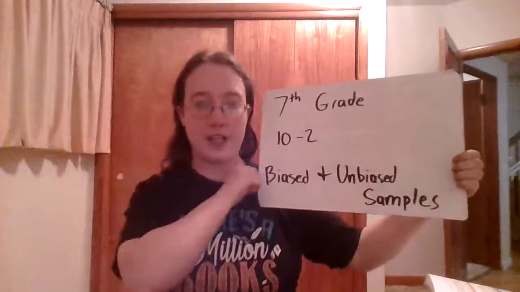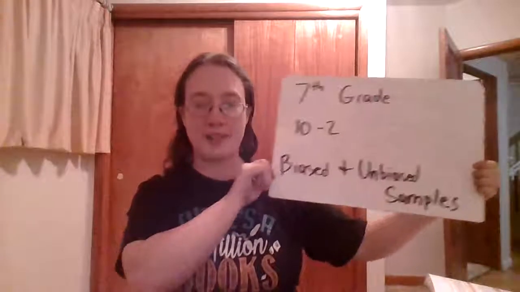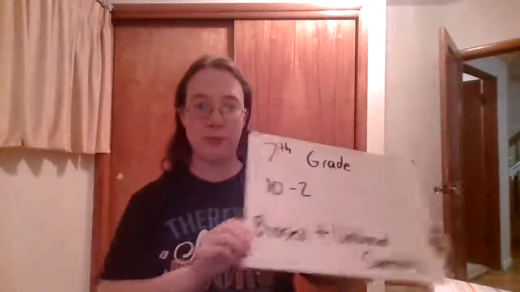Alright, hello 7th grade. So today we're looking at biased and unbiased samples. And so far with our graphs and our charts and our percentages and stuff, we've been assuming that those samples are coming from unbiased samples. So in general, what unbiased means is that it's an accurate representation of the group that we're taking a sample